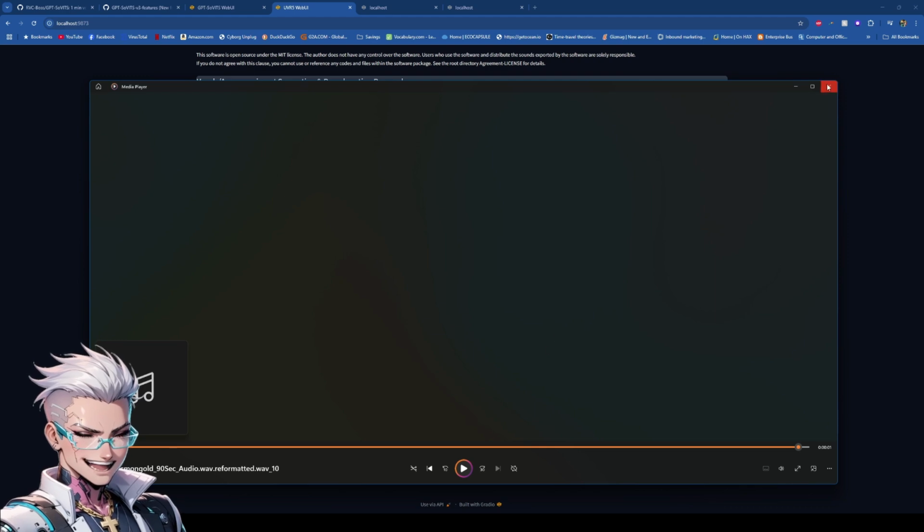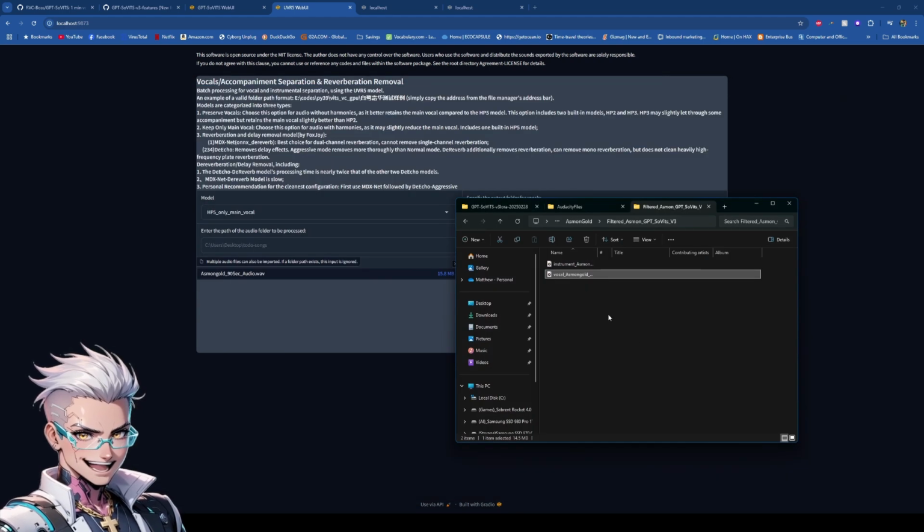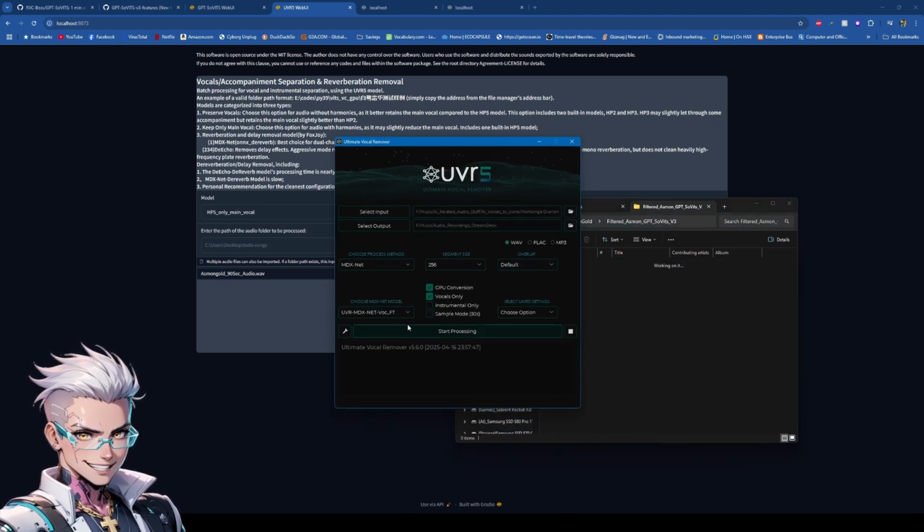So that does a pretty good job. Again, it gets it done, but if you have a bit more that needs to be filtered out, personally, there's a bit of model, and that's with, again, Ultimate Vocal Remover. You can't use this model in here, but it's the